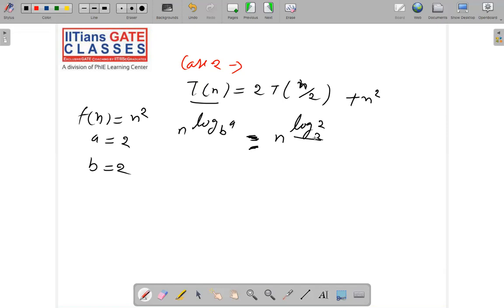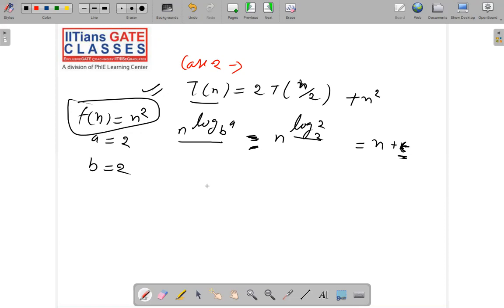And the value of log, if the base and value are the same, is equal to 1. So it's equal to n actually. If you see here, f(n) is n square, and n to the log base b of a is n. If you add any kind of constant here, any constant or epsilon, still f(n) will be greater,